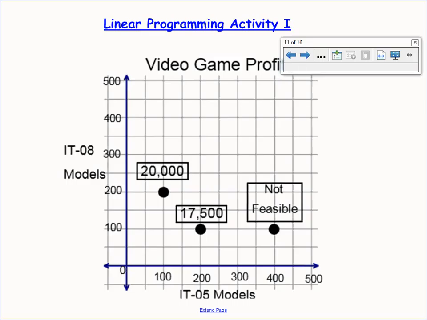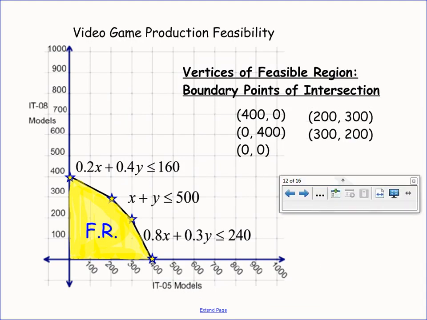However, it looks like if we picked some combinations, they weren't feasible because they violated one of my constraints, like my assembly constraint, my testing constraint, or my packaging constraint. And so, instead of having to test every single ordered pair in this coordinate plane to determine what's feasible and what produces a profit, we saw that we could get the feasible region using the techniques we've developed over the past several weeks. And so if we were to graph that system of linear inequalities and shade the feasible region,